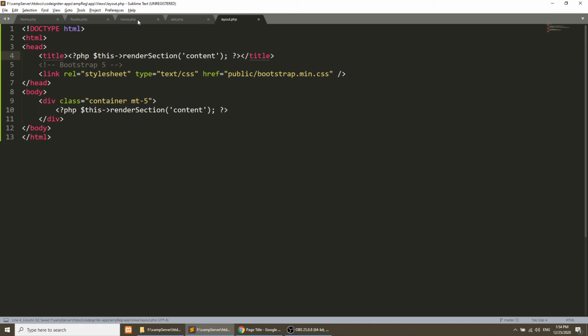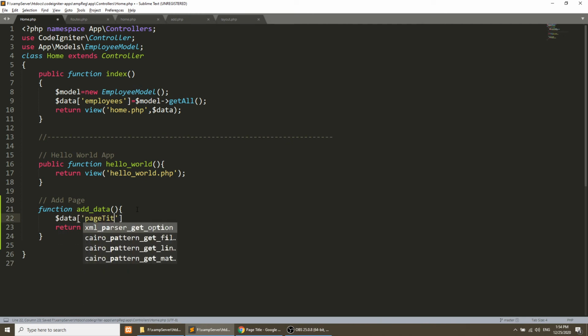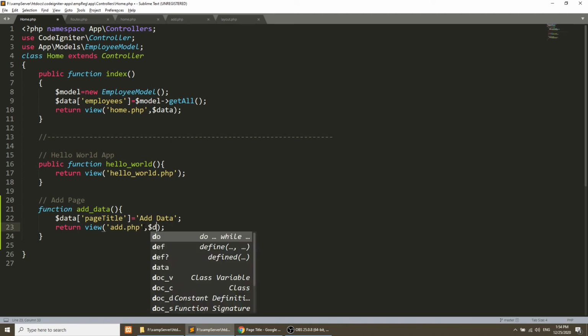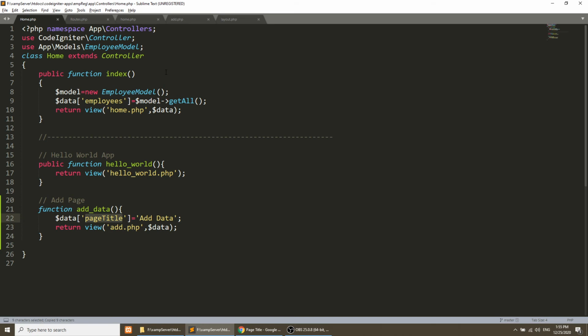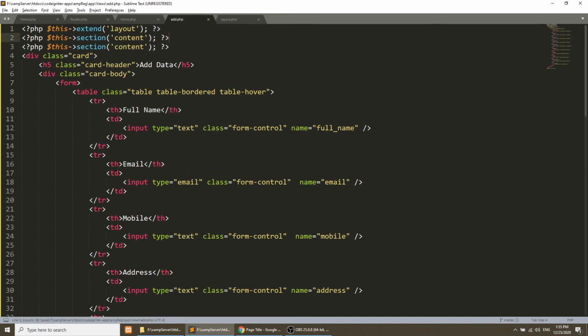Okay, so let's go to the home controller, and here we will define the page title equal to add data. And here we will pass data, and in this we can access the page title in the template. So before content, we can pass this, sorry, dollar page title.